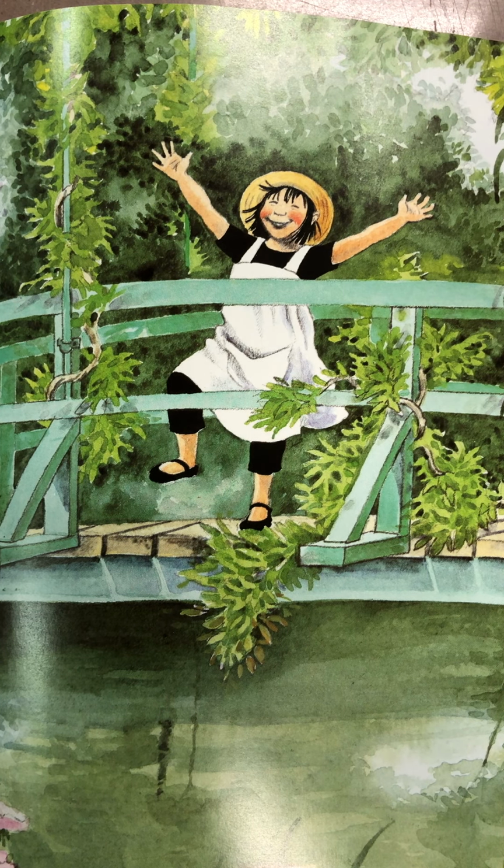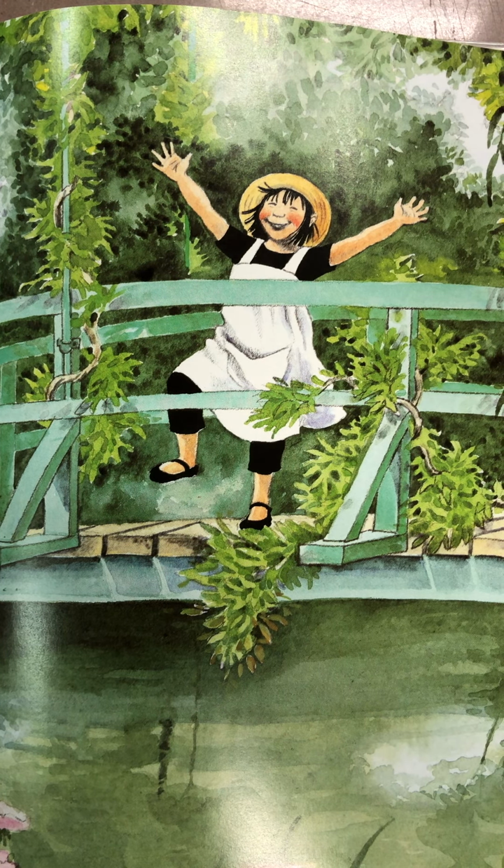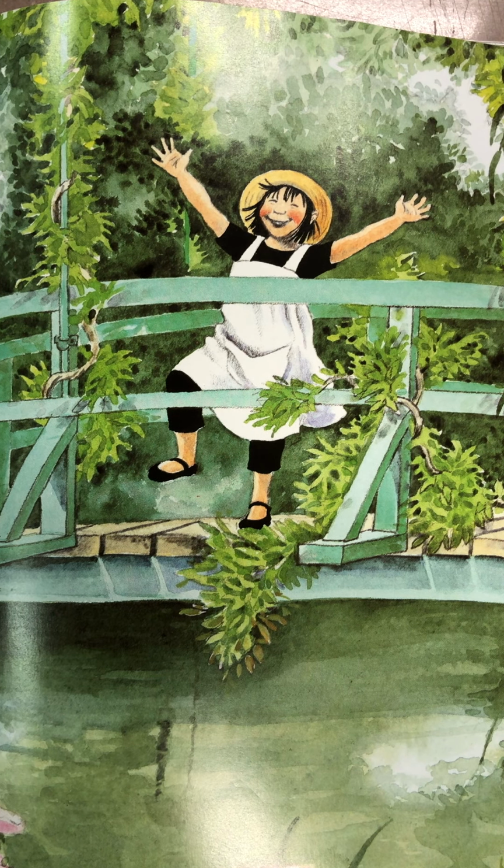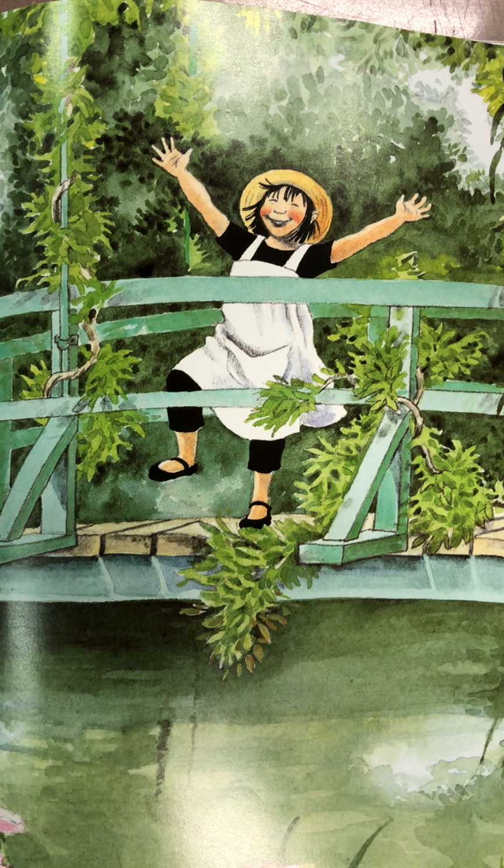Finally, the Japanese bridge. After we looked at both the garden and the house, the best part was still to come, the lily pond. To get there, we had to cross the garden and go through a tunnel under a main road. "Oh, look, Mr. Bloom," I cried. "There's the Japanese bridge." And when at last we were standing on the bridge, it was so thrilling that there were tears in my